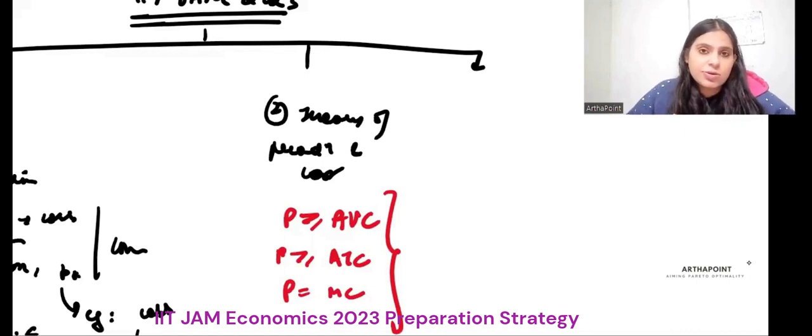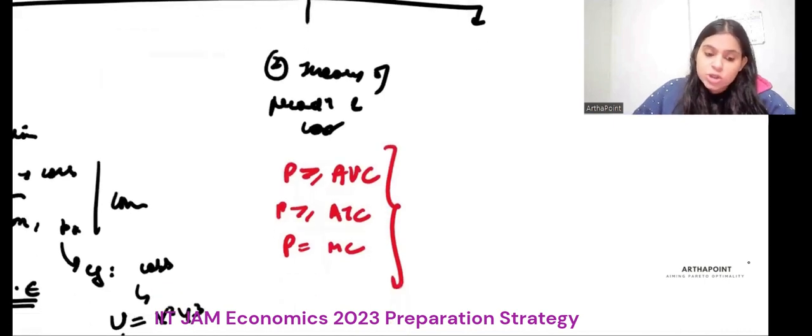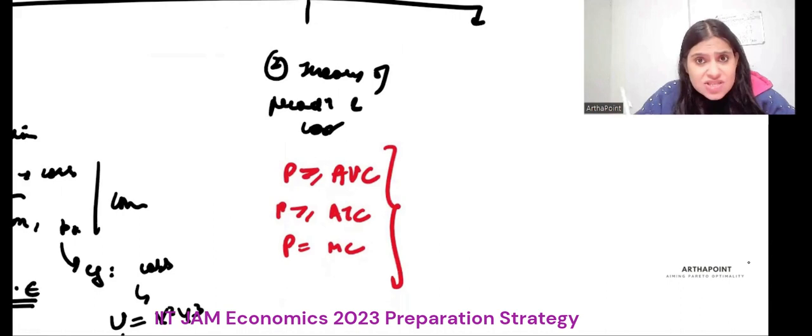एक भी condition गलत नहीं होना चाहिए. Do these conditions very well. Short run, long run, cost curves, AVC, AFC, how do they look? All of that should be clear to you. That's it. अच्छा, एक question on homothetic